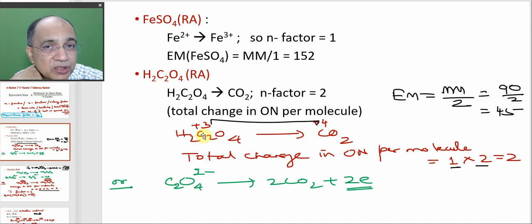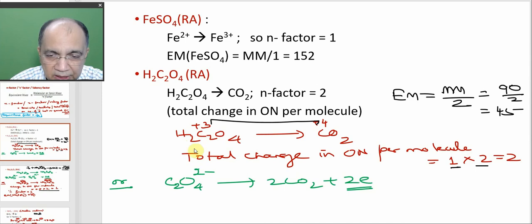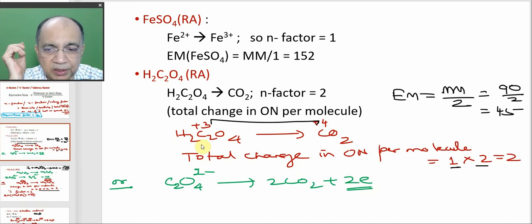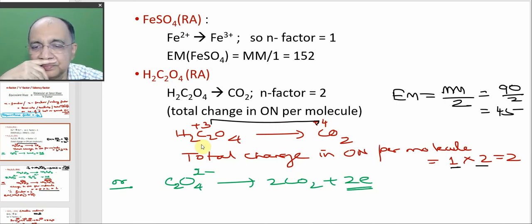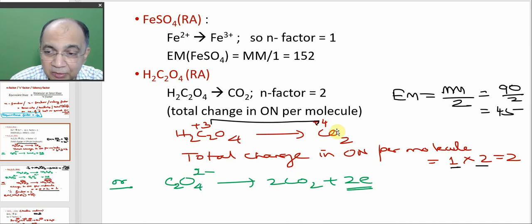So let us go in this way. Find the change in oxidation number per molecule. Now, carbon has an oxidation number of x: +2 for this, -8 for this, plus 2x is equal to 0. So, x is equal to +3. And here in carbon dioxide, it is +4. This plus is invisible. So, +3 to +4, the change is 1. But there are how many carbon atoms? If for 1 atom the change is 1, for 2 atoms the total change is 2.